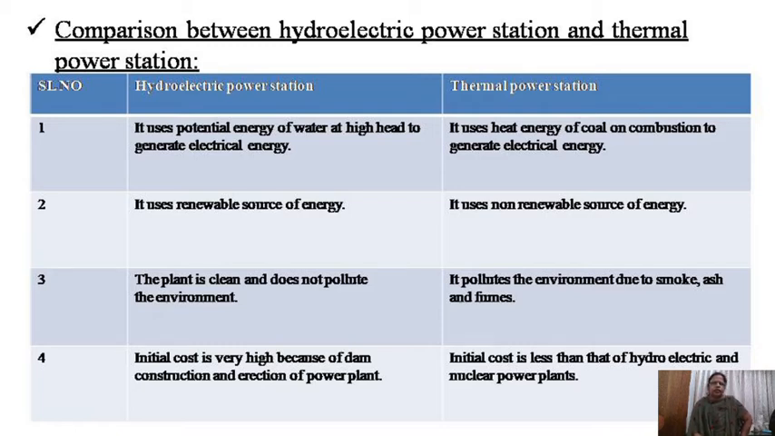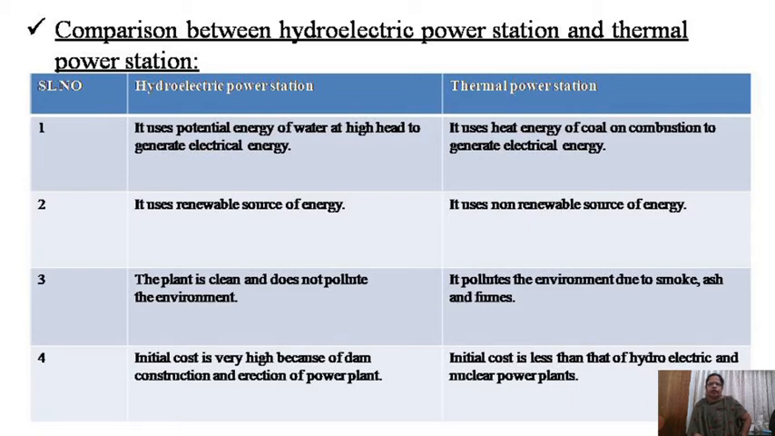The third one is the plant is clean and does not pollute the environment. Since water is used as a fuel, the plant is clean and does not pollute the environment. In the thermal power plant, when the coal burns, fumes, smoke and ashes will be produced